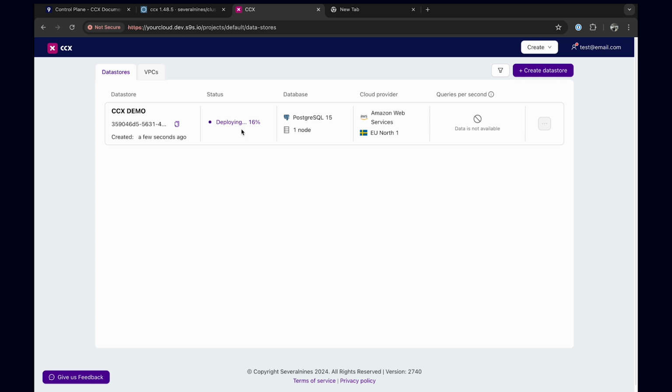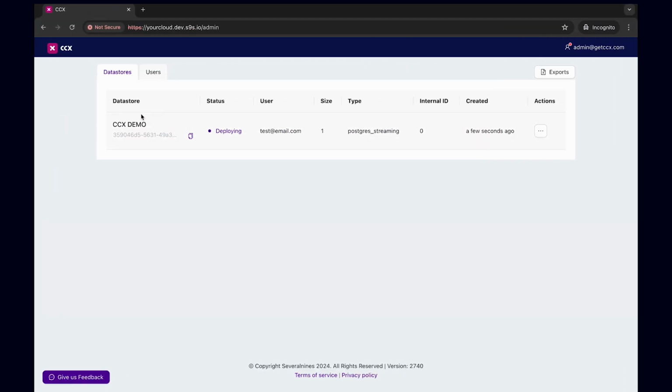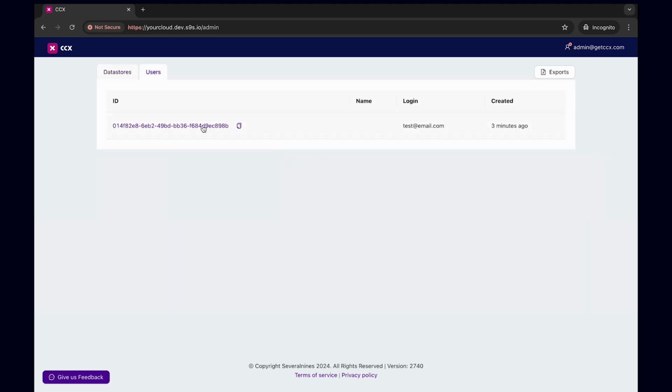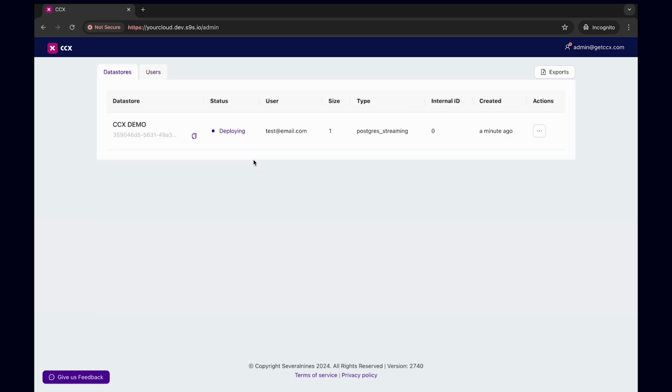It's currently at 16%. While the data store is being deployed, let's go to the admin user. The admin user interface would see that the user test@email.com is deploying a Postgres streaming database. Here you can see the user we created and their user ID. This is just a simple admin interface. You also have an additional cluster control admin panel that will give you in-depth information on the internals of deployed